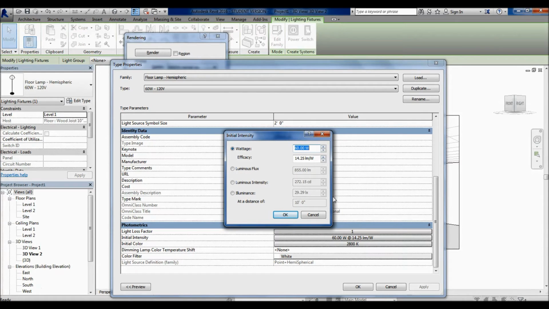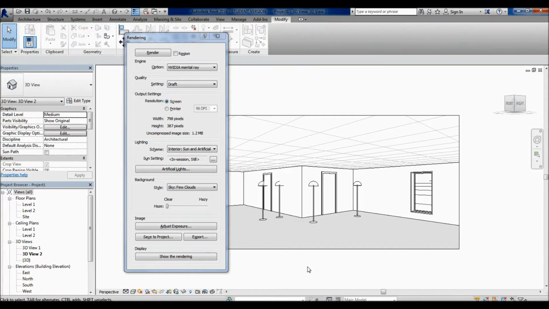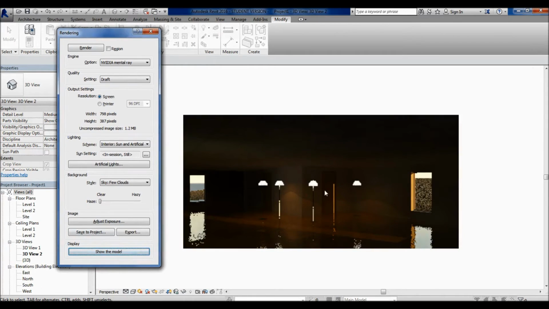If you crank this wattage way up, basically it's going to make that light a bit brighter, and it'll actually cast a little bit more light in here. For accuracy's sake, obviously the light bulb in there is probably not going to be that bright, but if you're just trying to make your rendering look nice, that's something you can do. Aside from cranking up the settings on your light fixtures,